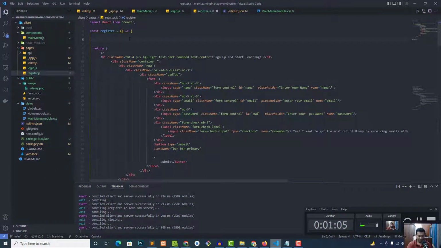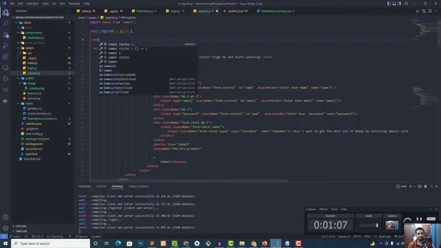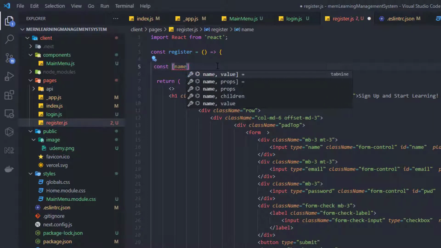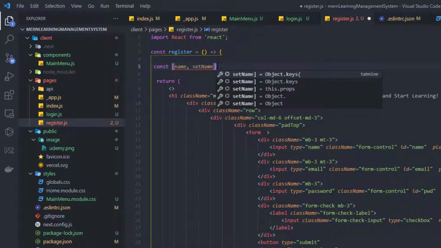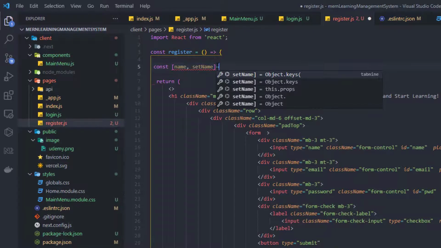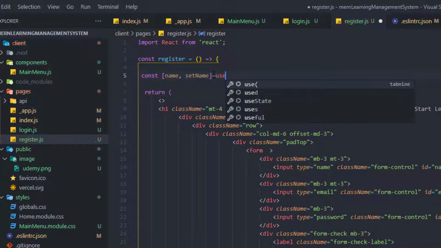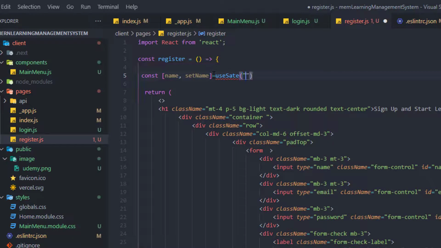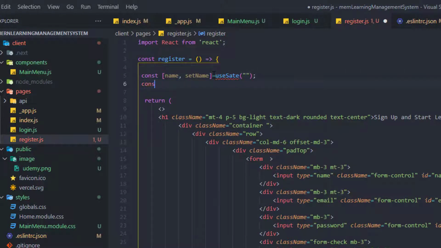Okay, so first of all declare the state. So what is a state? This is the React state. If you don't have a basic understanding of a state, just learn these things from anywhere, as this is not a basic tutorial. Give it an empty string, okay, and then const